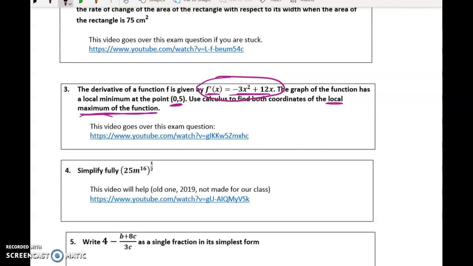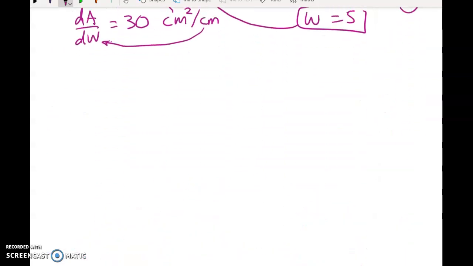So I can start this question in one of two ways. I can either figure out the x values that will give me f dash of x is equal to 0, and we know that one of them's x equals 0. Or I can start by anti-differentiating this, because I'm going to need to have f of x in order to get the y value. Okay, so again, I've videoed this separately already,